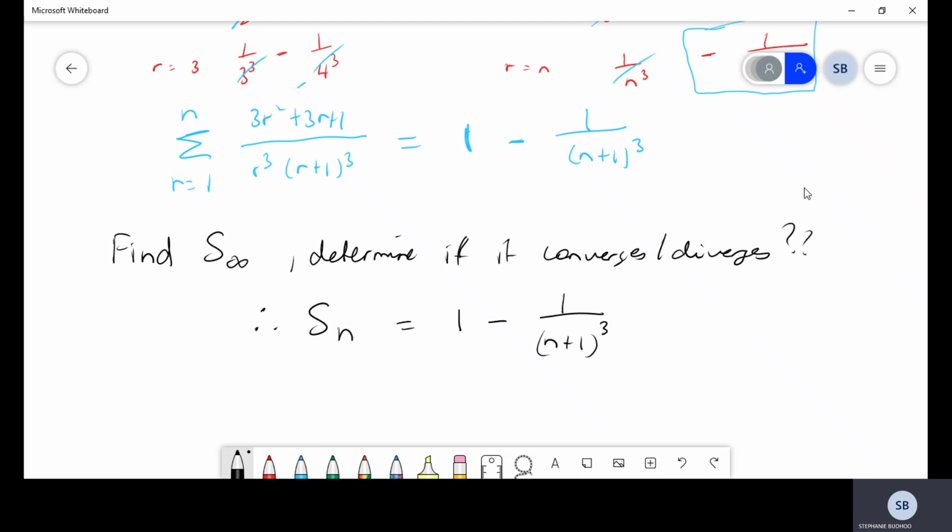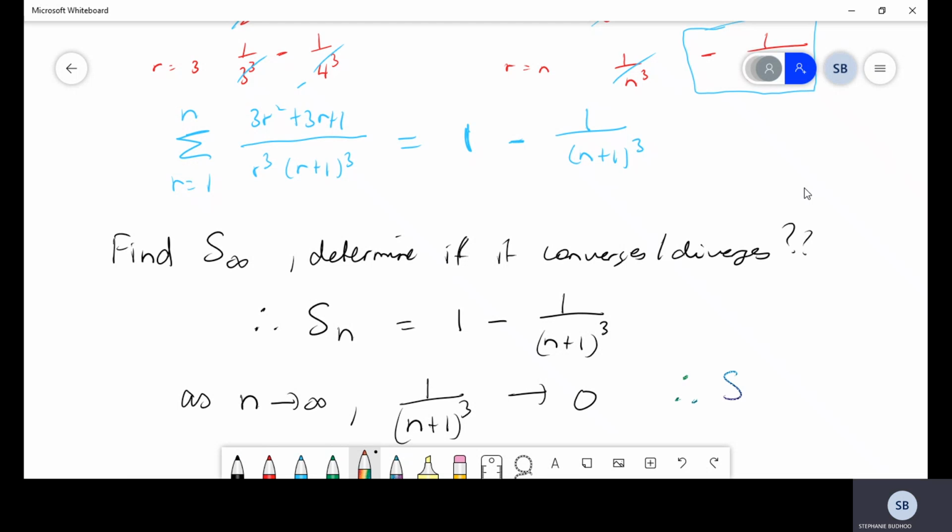So therefore, as n approaches infinity, you can see that the denominator here, infinity plus 1, will get very large, and then infinity cubed is even larger. It's so large that 1 over n plus 1 all cubed, as n goes to infinity, would go to 0. It will get so sufficiently small. 1 over a huge, huge, huge number keeps getting tinier and tinier till it approaches 0. So this whole value just goes to 0. Therefore,